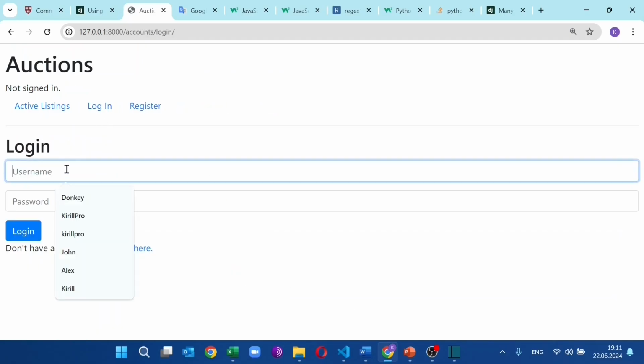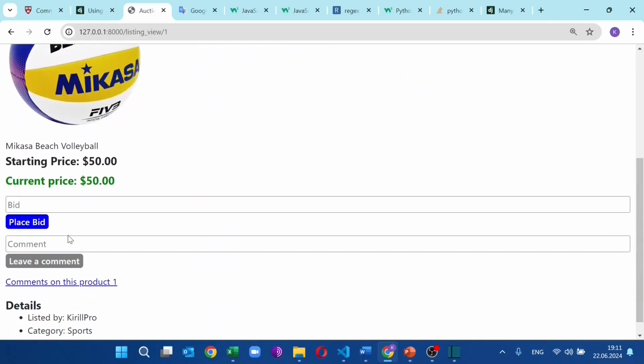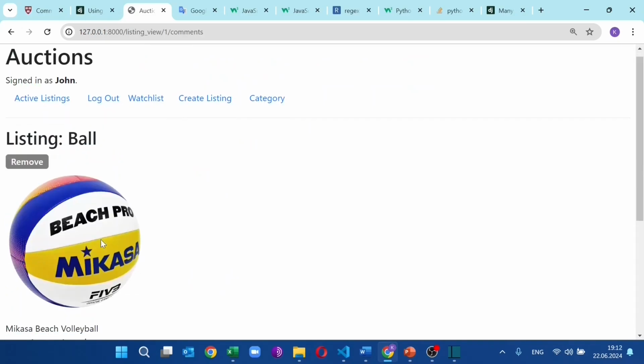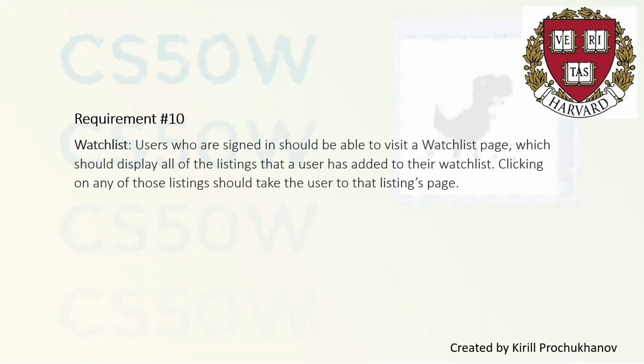Log out, log in as John. Let's go to the same listing. Let's leave a comment. Great to play. Leave a comment. Now we have 2 comments on the product. Done. Next, requirement 10. Watchlist. Users who are signed in should be able to visit the watchlist page, which should